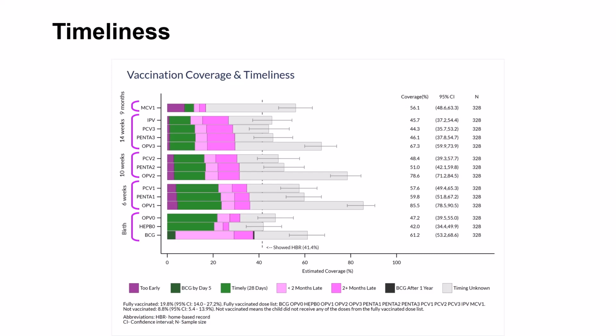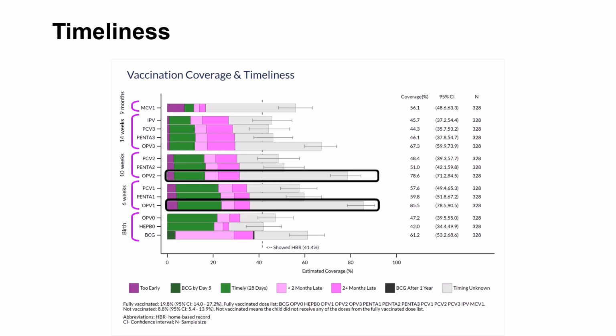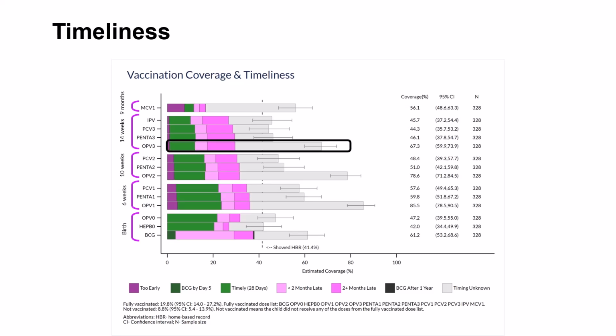In addition to providing information about timeliness for any single vaccine dose, VCTCs also relay information about the timeliness of doses within a dose series. Continuing with the example of OPV, we can compare timeliness of OPV1 with subsequent doses of OPV, including the dose due at 10 weeks of age, or OPV2, and the dose due at 14 weeks of age, noted as OPV3. As we compare data for these 3 doses of OPV, we notice that the percentage of children who received doses late increased for later doses in the series.